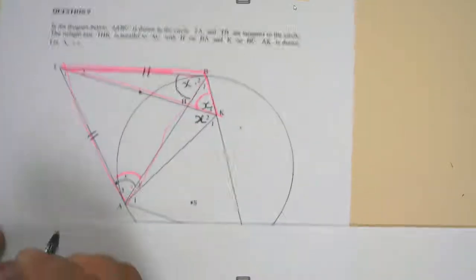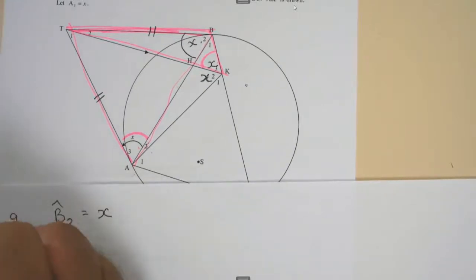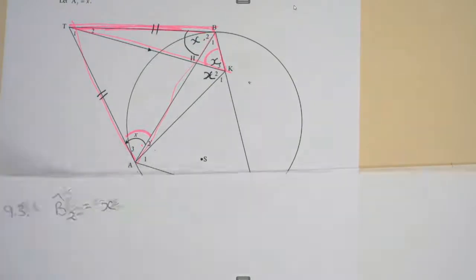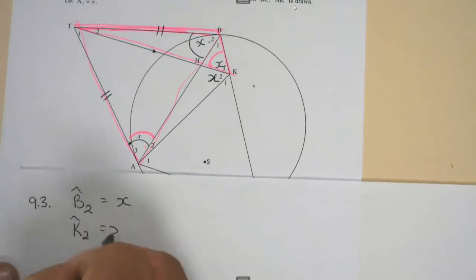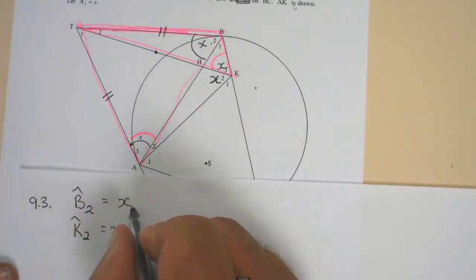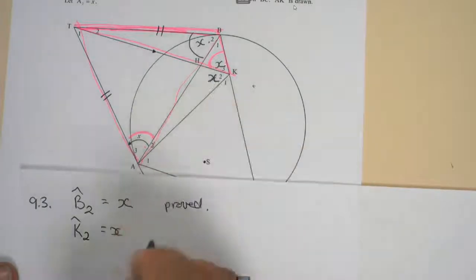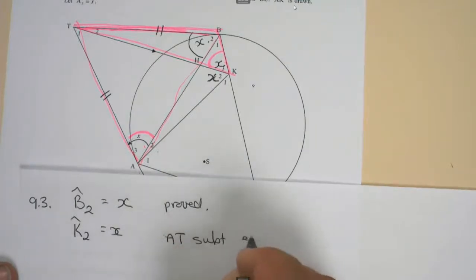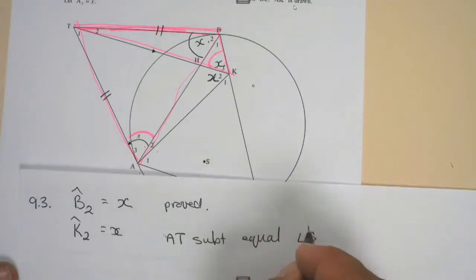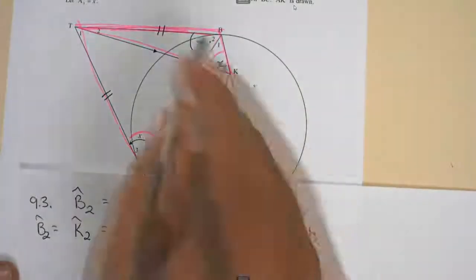We're going to say that angle B2 is equal to angle X. Then we're going to say that K2 is equal to X. That we already proved. K2 is equal to X because AT subtends equal angles, and then we can say B2 is equal to K2 is equal to X because AT subtends equal angles,